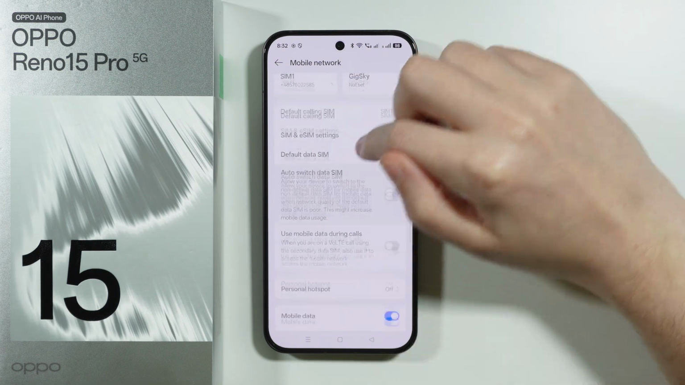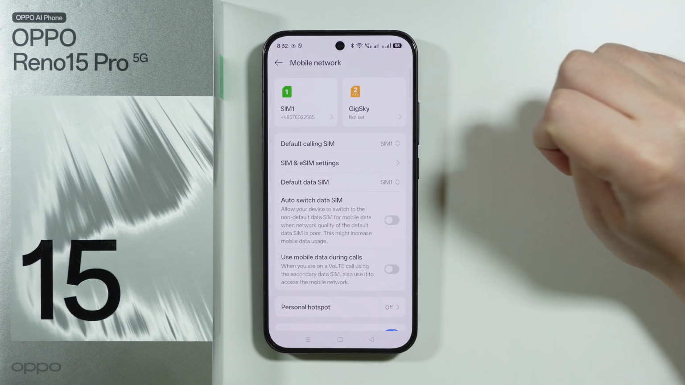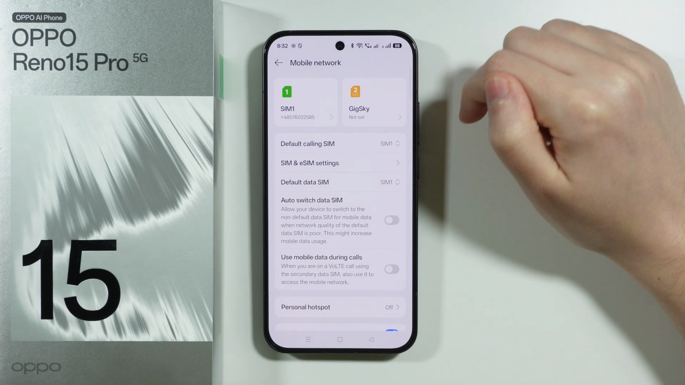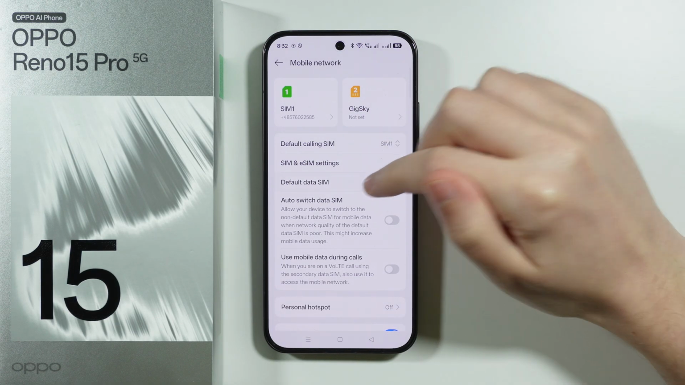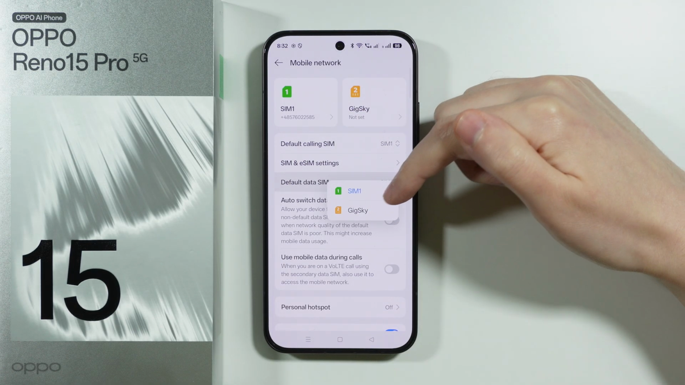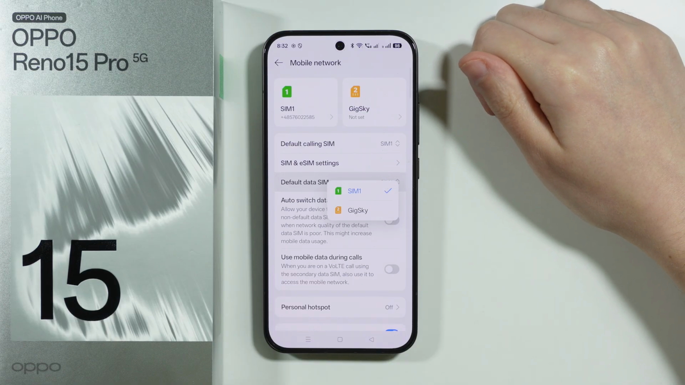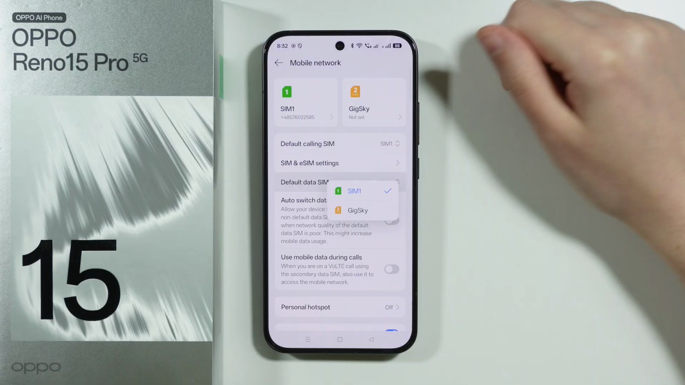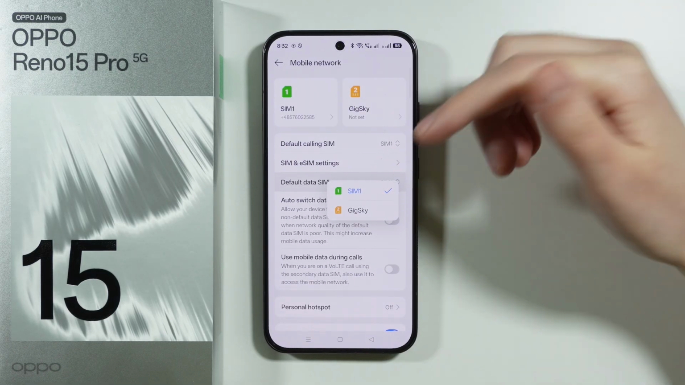Now, if you have two SIMs on your phone, if you have two SIM cards or eSIM and so on and so forth, then of course you can choose whichever SIM should be used for mobile data. So in this case, you want to make sure that the correct SIM is used. Especially if you don't have like a mobile data plan on the other SIM, then of course you probably don't